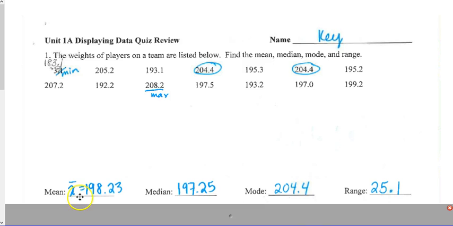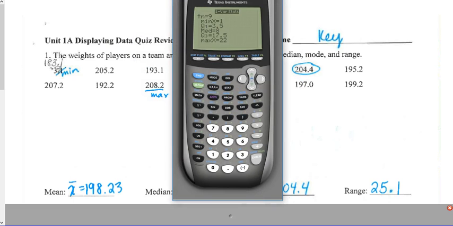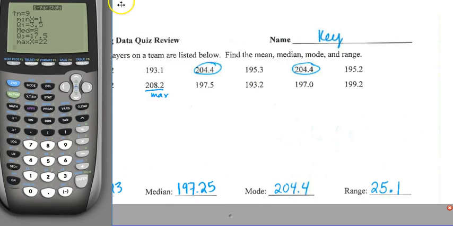So the mean is 198.23. Add them up and divide. The median, if you list them in order and work your way to the middle, there's your middle one. Obviously the mode, there's two of these and one of everything else. And your range is the max minus the minimum. Now, remember, you can also use your calculator, and this is the way I suggest doing it, make your life